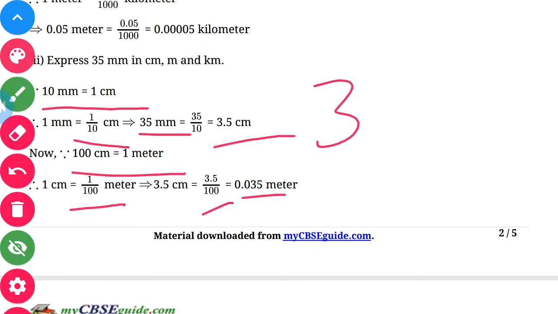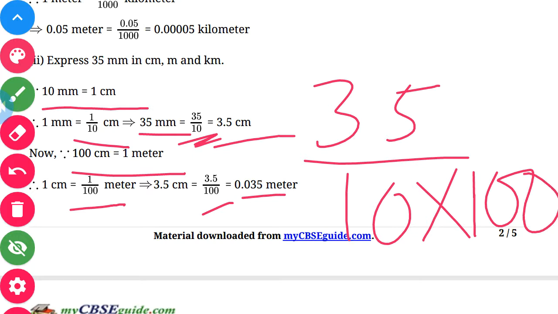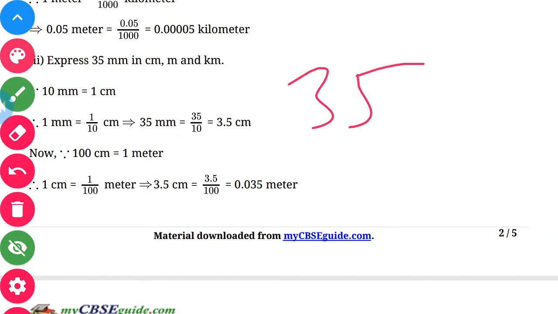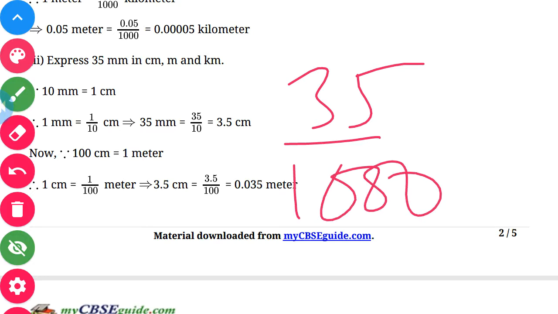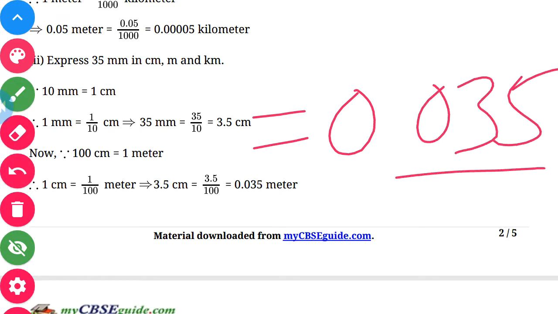And if you are not understanding that, what you can do is convert 3.5 into a fraction: 35 divided by 10, and the upper part you can take directly like this. It becomes multiplication, which will give you 35 divided by 1000, which is equal to 0.035, as it is 3 digits, and I place my point here. So that's your 35 by 1000. This is in terms of meter, children.